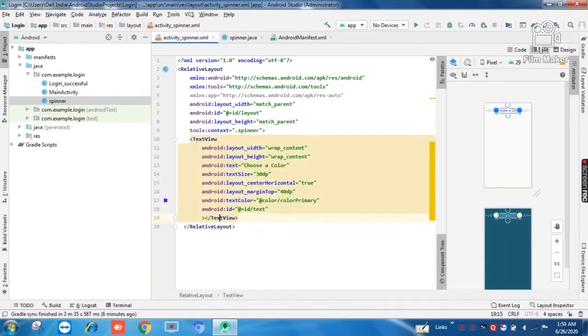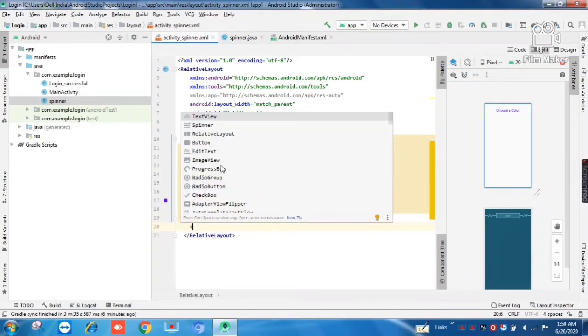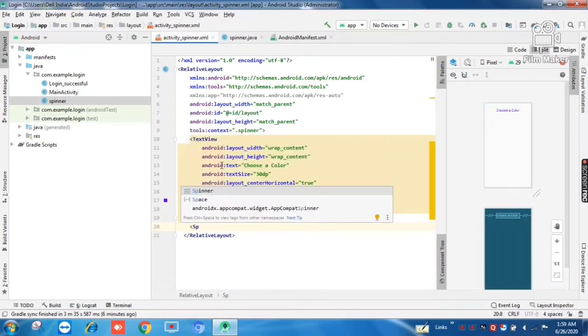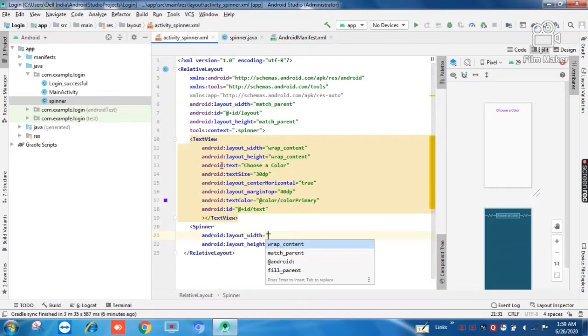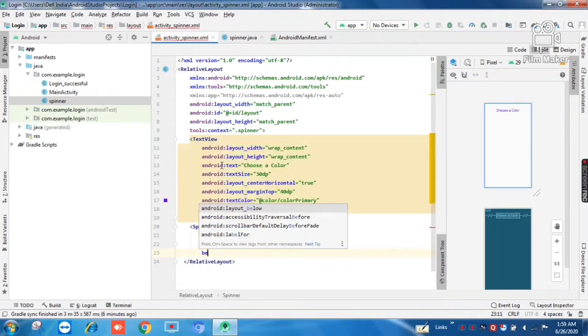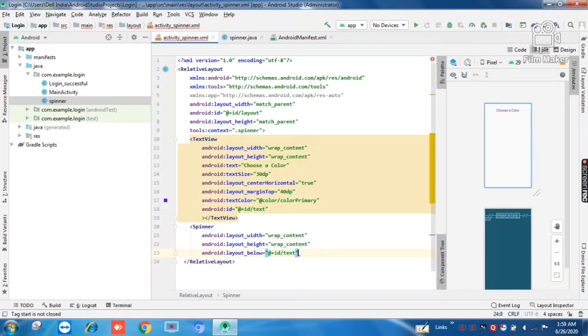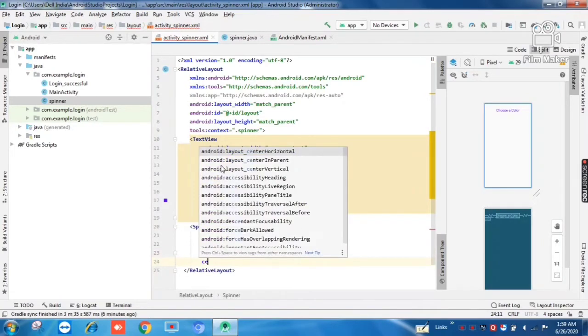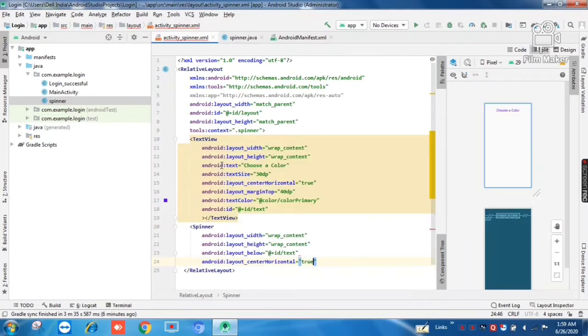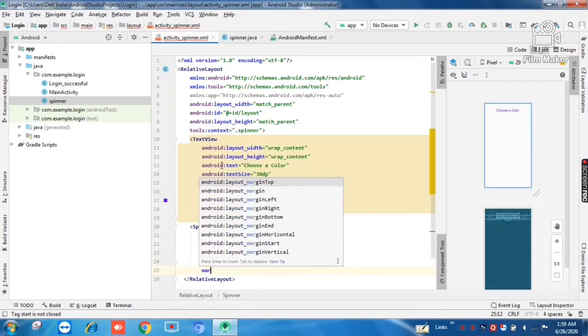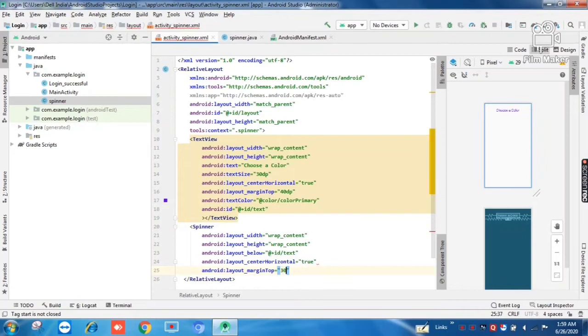Now below it, create a spinner. Type an angle bracket, type SP, select it from the list, give it height and width as wrap content, put it below our ID text, and put it in center horizontal to true, and give it a margin top, say 30 dp.